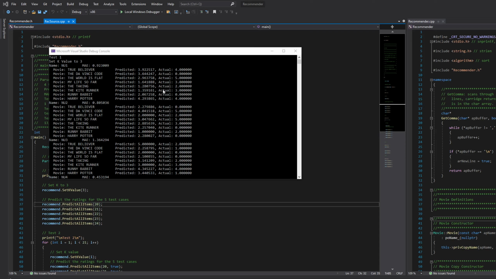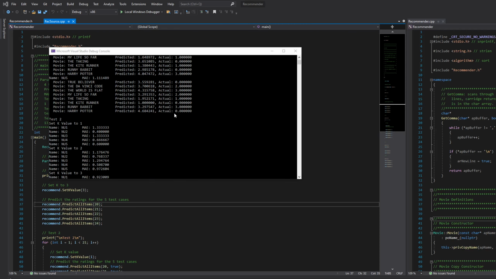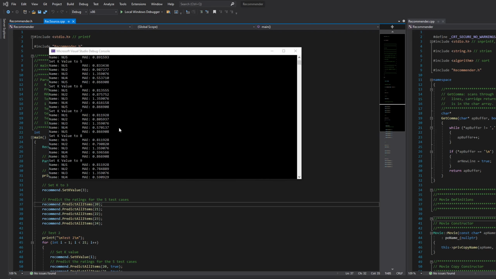So for the first part of the test, for all the test entries, I compared the predicted with the actual, and I got the MAE right here, and I print everything to the screen. For the second part, I tested the MAE values with different values of K from 1 to 20, and that's what these are here. Around 5 or 6 they were about stable,